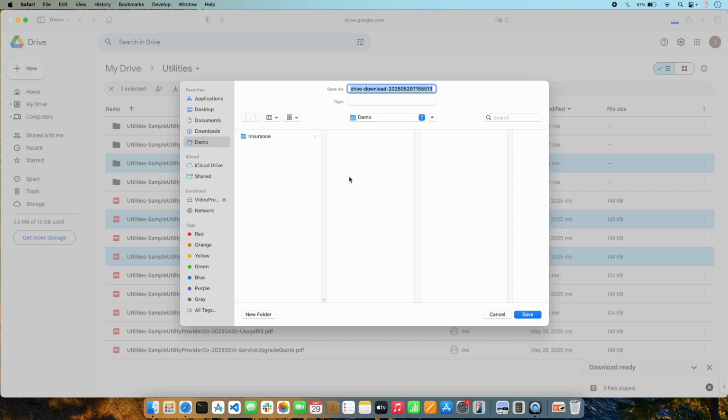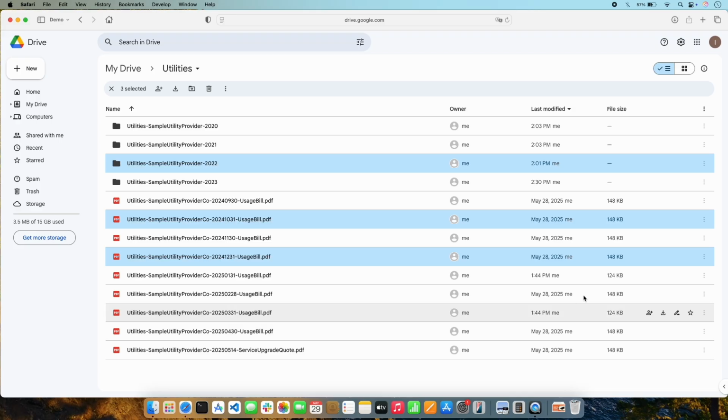Clearly naming files is a key part of keeping the files on a Mac well organized. Including relevant information about a file's contents in the file name makes it much easier to find individual files later on. Google Drive provides a preset file name for the zip file that may not include the details you'd like to include. To demonstrate, I'll adjust the file name to reflect the contents of the file, being careful to leave the .zip file type in place. Clicking Save starts the download.